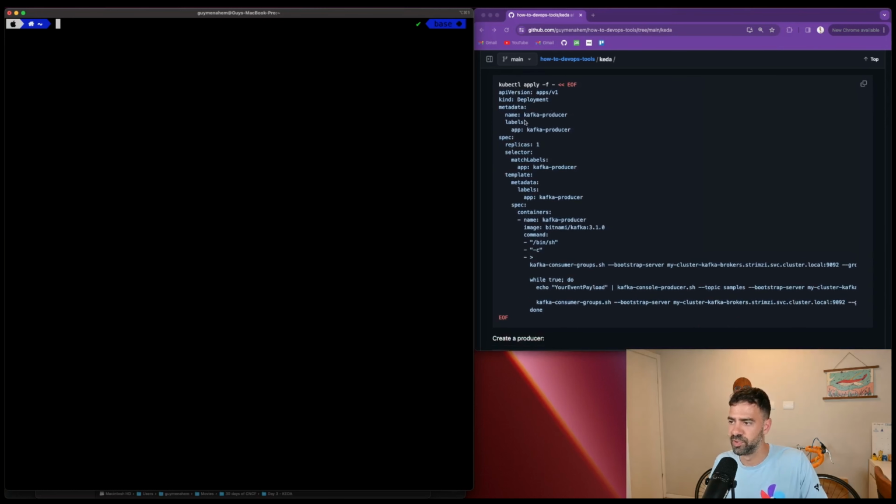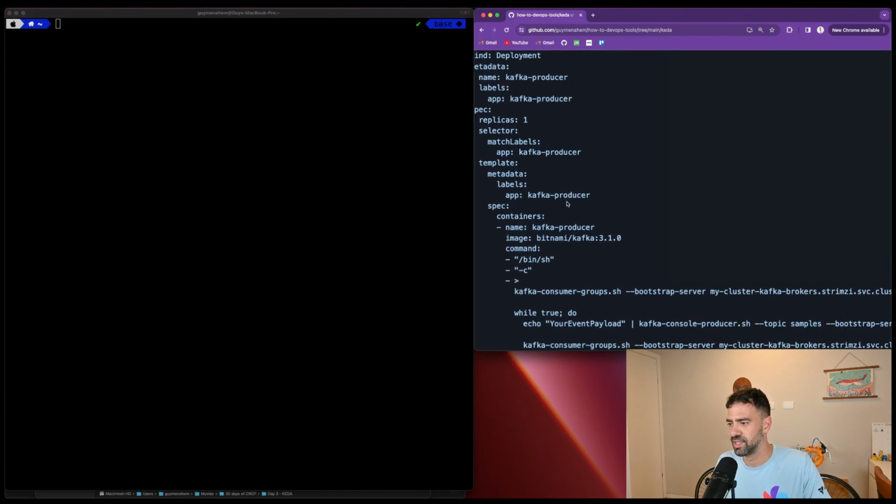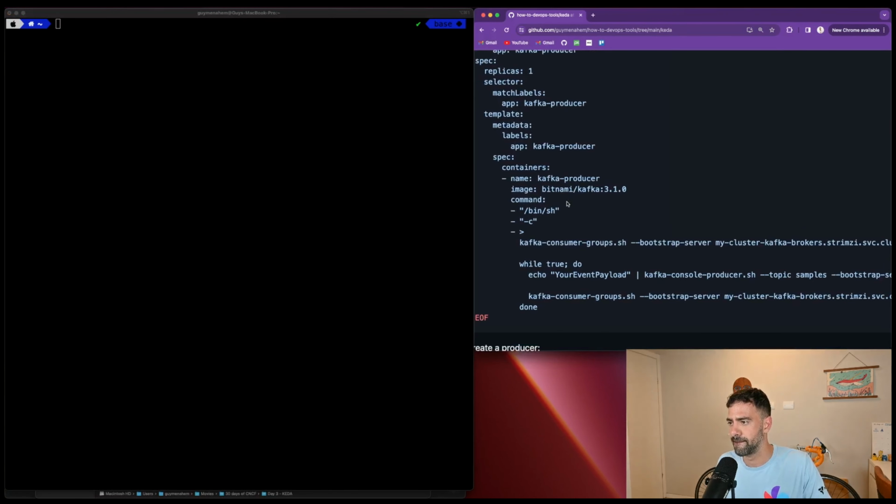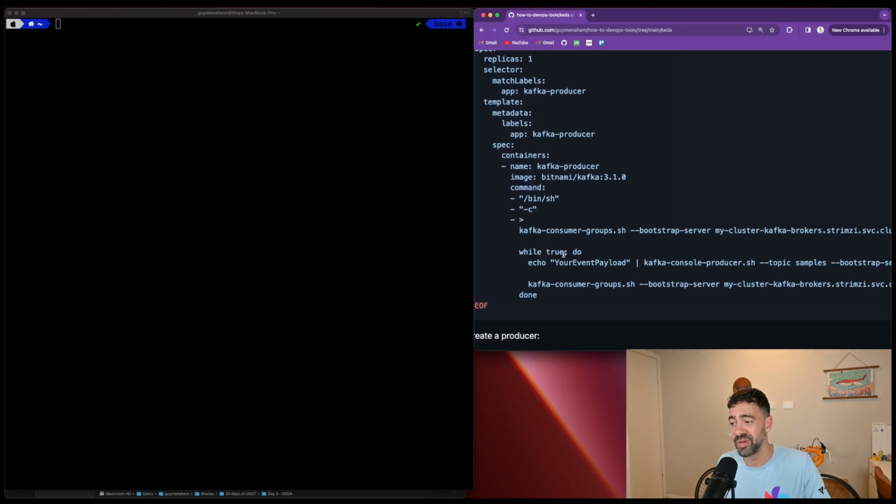So what we have in here is a producer. It's a very simple Kafka producer. What you can see in here is just a basic application. We are using the Kafka image because it's got all the binaries packed in. And what we can see in here is basically a script that adds events to the Kafka topics, continuously adding more and more events, making the topic grow, but because the consumer does not consume them,